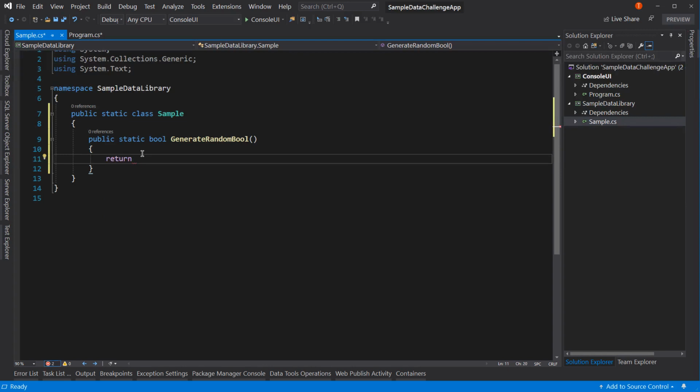well, I do have a problem here. And this problem is that if I make this static, which I really wanted to do, then generating that random number, I have to pass in a random instance into this class. I don't want to do that. Otherwise, what happens is I instantiate a new random for every method that's called. And then in theory, if we call them fast enough, we'll get the same value for two different calls. We don't want that. So let's make this not static,